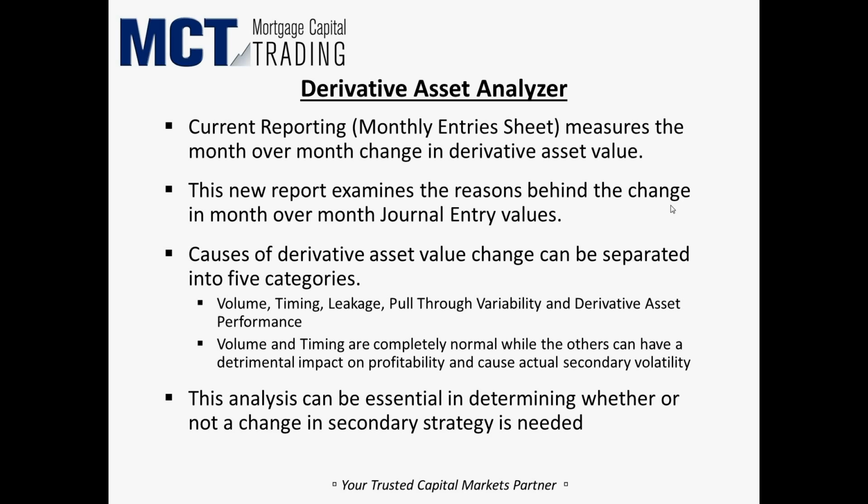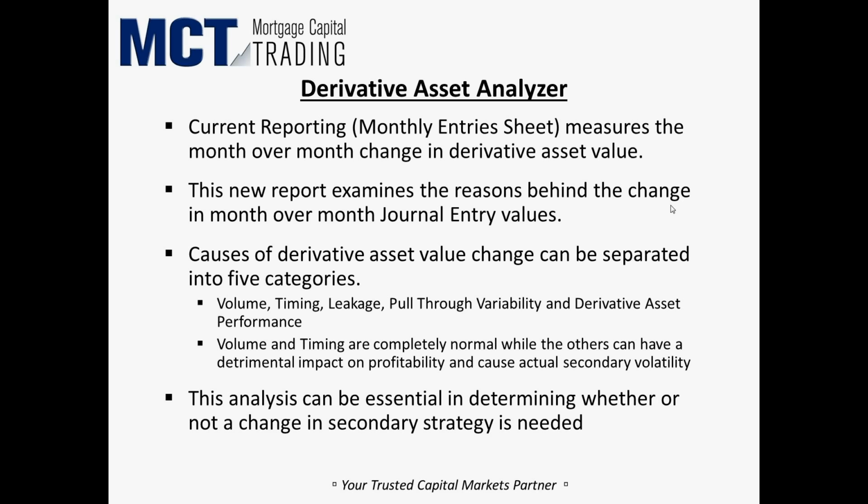Most everyone on this call is pretty familiar with the issues surrounding leakage, be it extensions not being charged for, or loans being committed to the investor and not actually achieving the purchase price that we were expecting on the commitment, for a variety of reasons. So we won't get into too much regarding leakage, but we'll focus on volume, timing, pull-through variability, and derivative